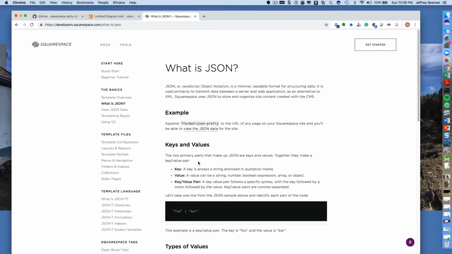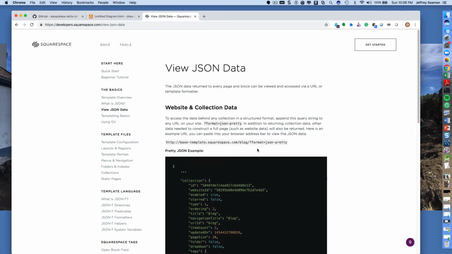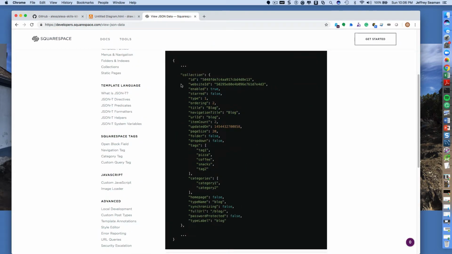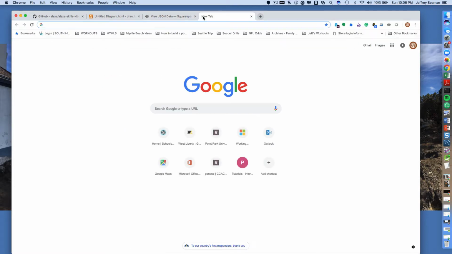So now what we're doing is we're pulling back information. For example, it looks kind of like this. It comes back text-based. So if it was XML, it would have the XML tags. So if, let's say, SOAP